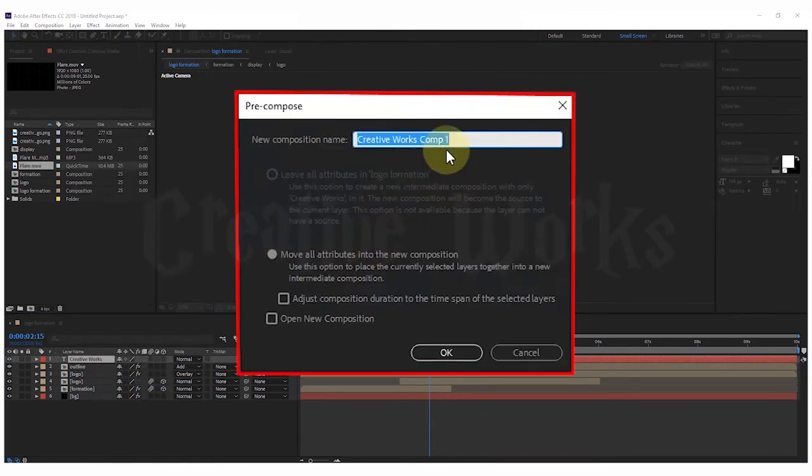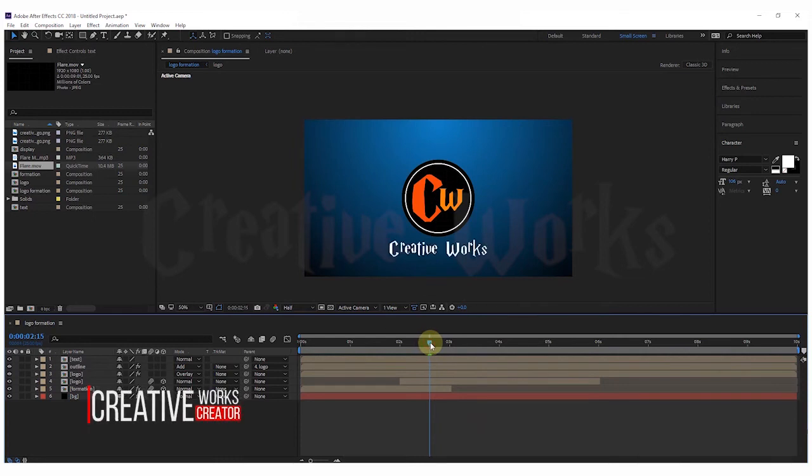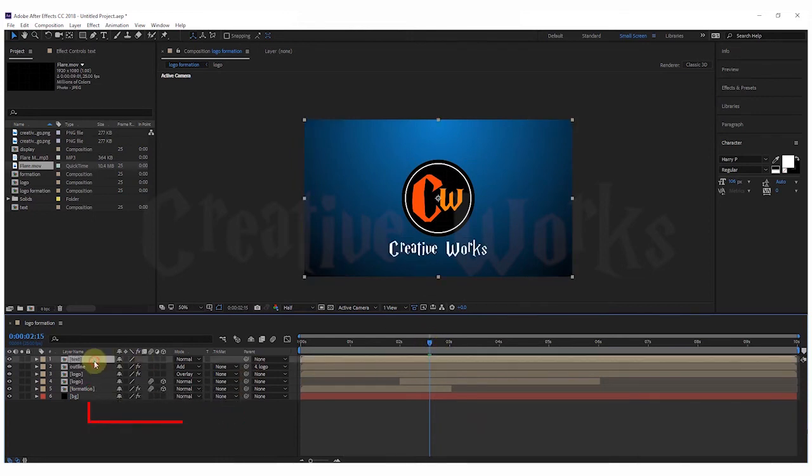Pre-compose text layer. Name it as text. Trim composition.